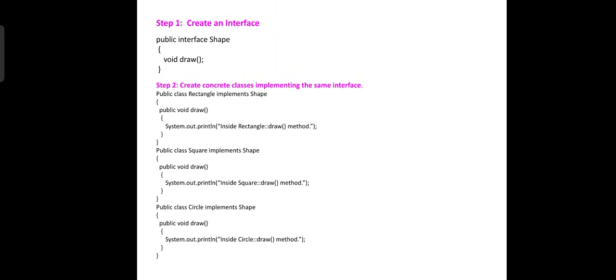For the shape we have to create an interface, and we will use the draw method here. In step 2 we have to create concrete classes implementing the interface shape. So the shape interface is implemented by three classes: rectangle, square and circle. In each of these classes we use the draw method, and in that draw method we simply print one message by using System.out.println.